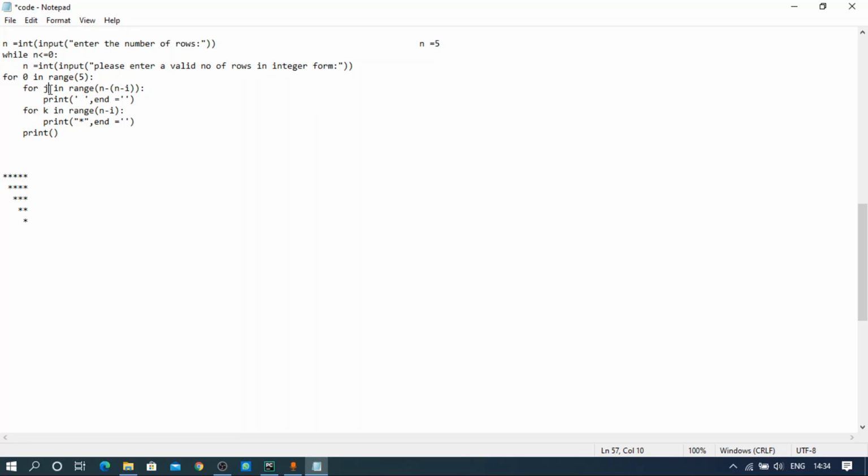So here let's come into the code. For j in range of n minus of n minus i, that means n minus i is 5. n minus of n minus 5, that is 5 minus 5. That gives us 0. In the range of 0 we don't have anything, so it is false. So this entire for loop block will be jumped out and it will come to this k in range of n minus i. i is 0, so here 5, k will start at 0. 0 is in range of 5, so